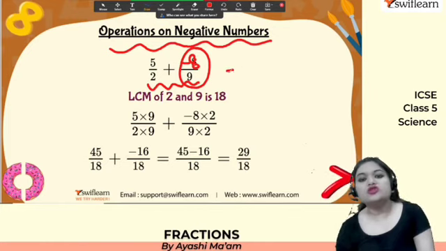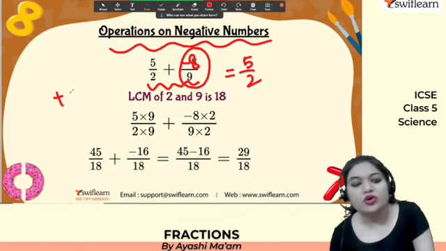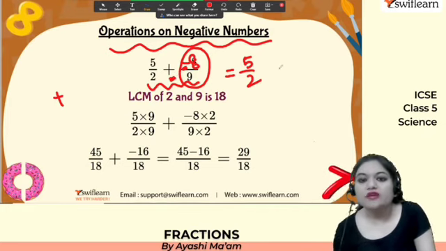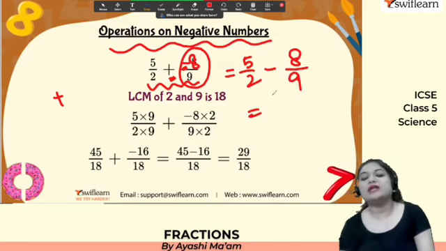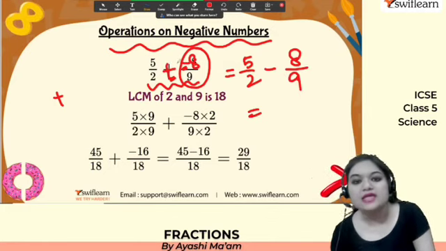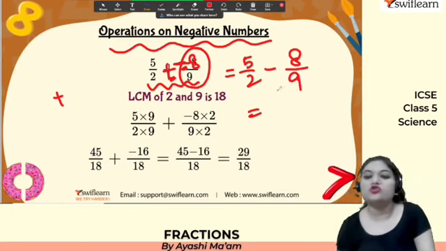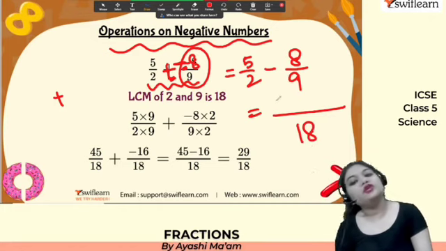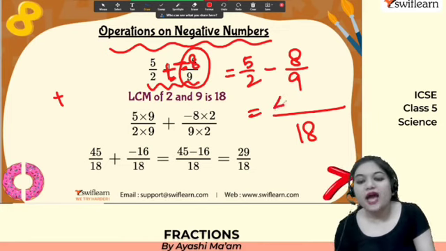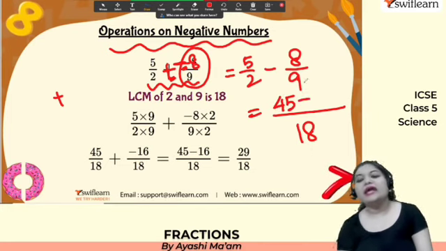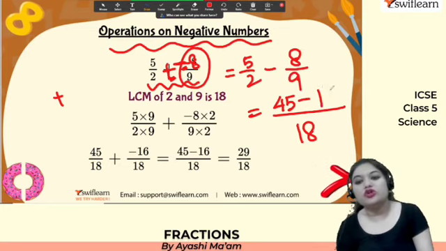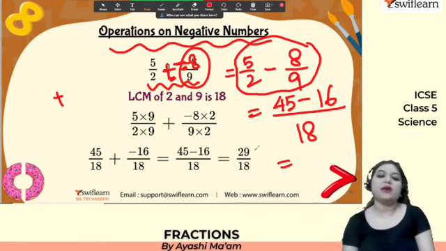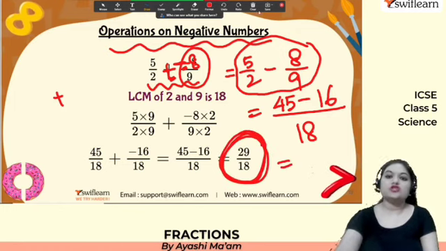Okay. Or you can also follow another thing. We already know, right, that plus and minus together give minus. So what will happen? 5 by 2 minus 8 by 9. That is exactly what is going to happen, because we have a plus and here we have a minus. So plus and minus is going to give you a minus as a whole. So in the LCM you will get 18. Then what? 18 divided by 2 is what? 9. And 9 times 5 is going to give you 45, minus 18 divided by 9 is 2, and 2 times 8 is going to give you 16. This part you know, subtraction of unlike fractions. So you are getting 45 minus 16 by 18, that is 29 by 18. Okay. So you can simply do this.